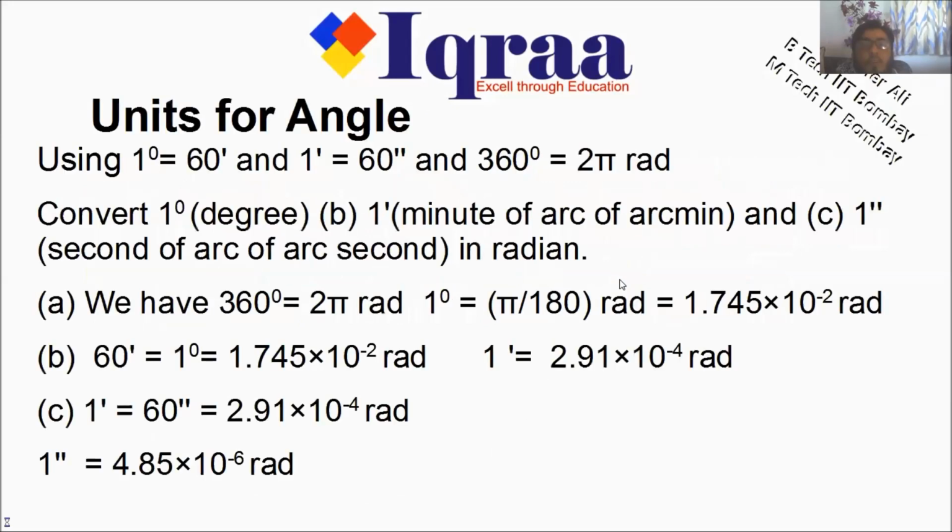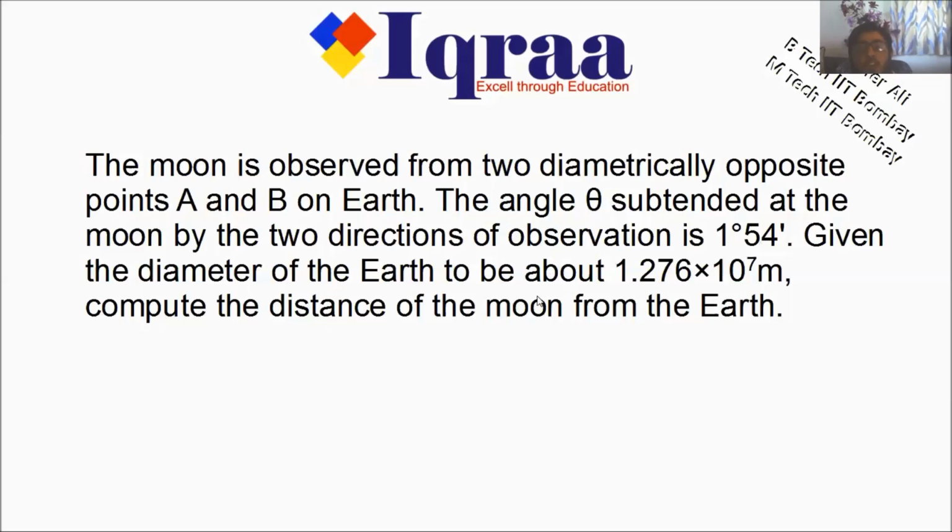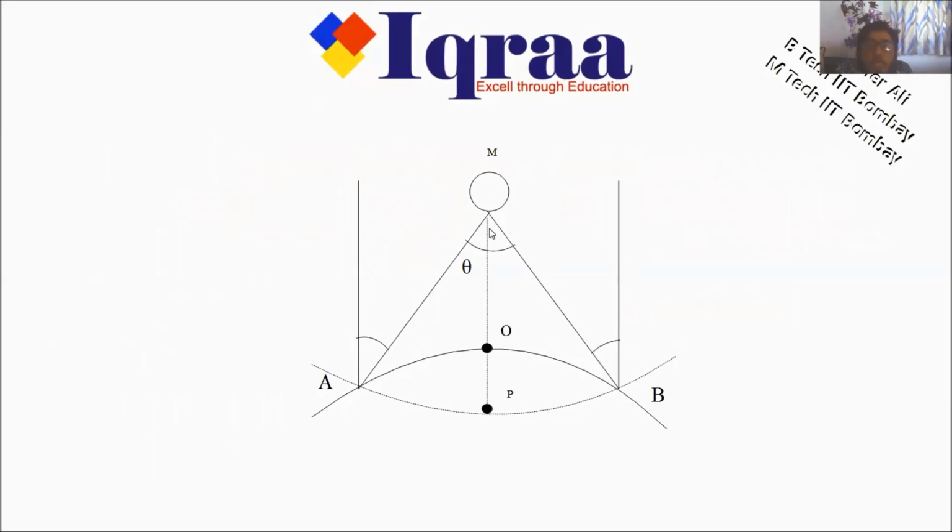So in the last slide where I explained, when this angle theta approaches 0, we can use that the arc length AB dash and the chord length AB dash are nearly equal. So that approximation we are going to exploit in solving this question. Let's say this is the moon, and point A and point B are on the surface of the Earth, which according to the question are diametrically opposite. So first, let's say from point A, we are looking at the moon, and our line of sight is this.